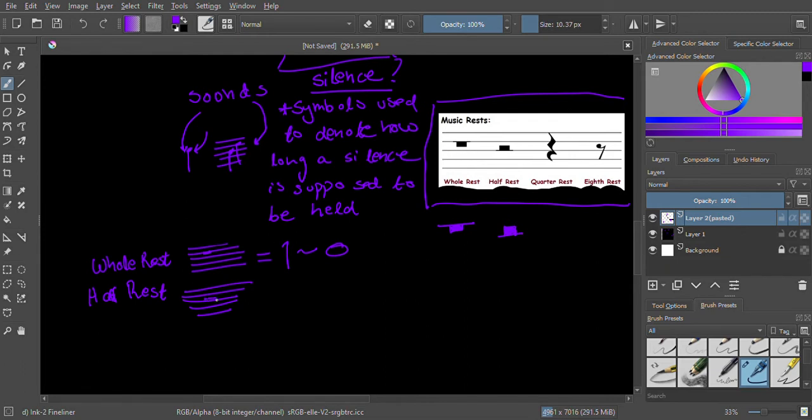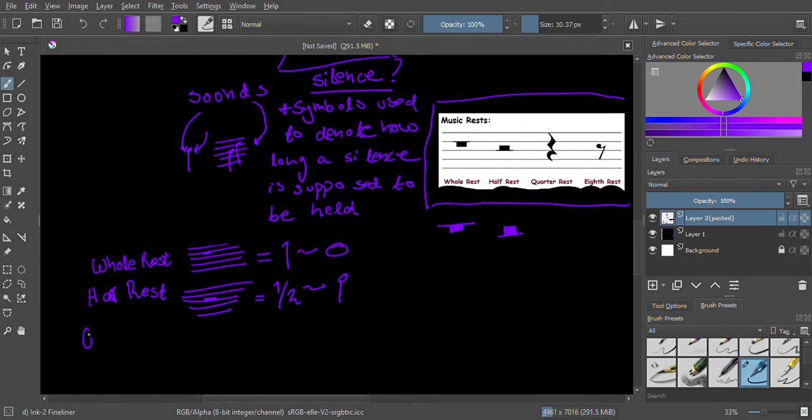So I'll draw that here for your reference. And its note value, sorry, I shouldn't say note value, its rest value is half, analogous to a half note. The rest value is half. Then we look at